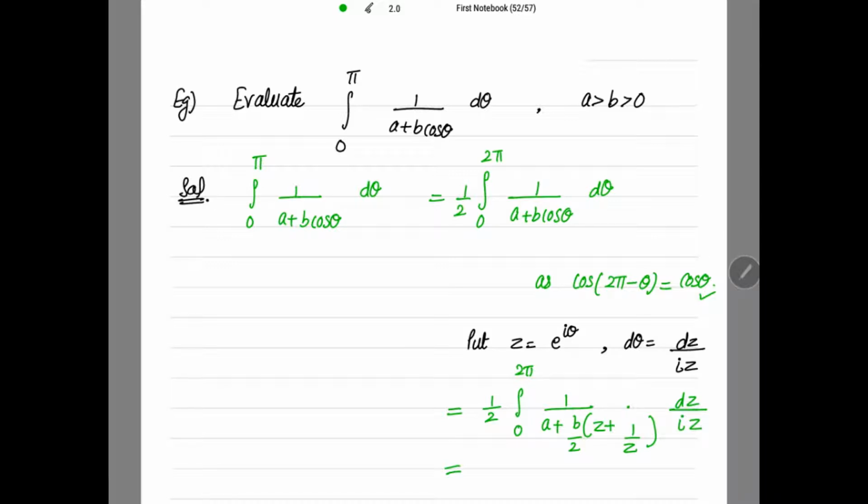Clear? Alright. Just calculate this denominator and you will be getting 1 over iota and this integral,